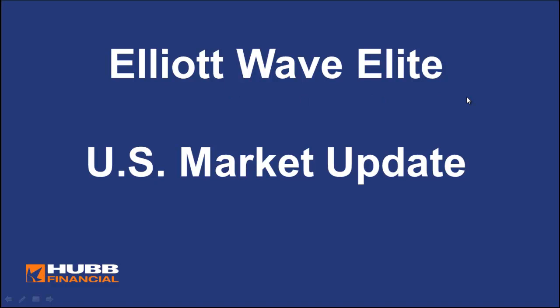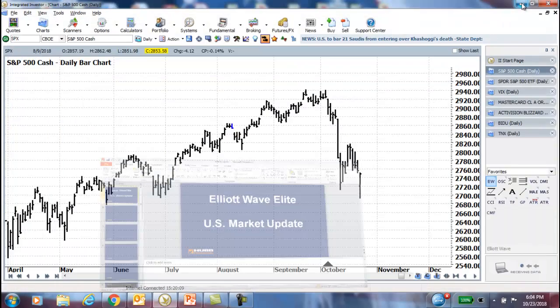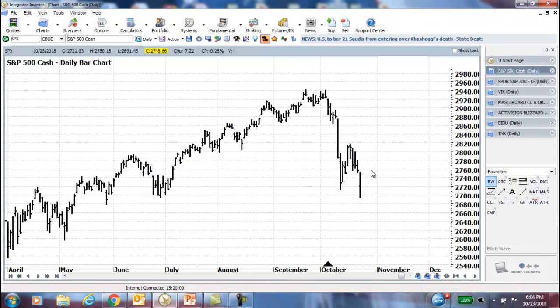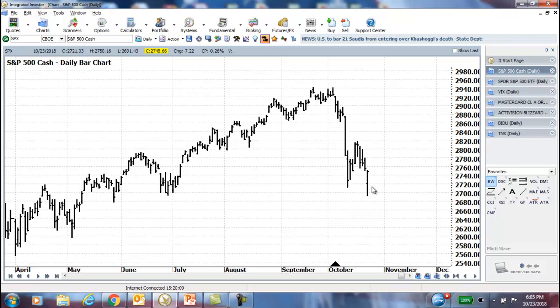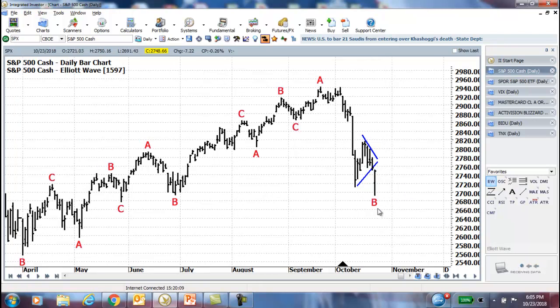Market Update. Well, after a period of consolidation following last week's big volatility, the markets became volatile once again today in Tuesday's trade in the U.S. markets. You can see the downward break here. If we take a look at the charts, you can see that we had a little bit of a consolidating triangle here, nothing real significant, but it was well formed for as small as it was, and then the breakout today. If we had the Elliott Wave on, you notice that we've had a relabeling of the Elliott Wave count,